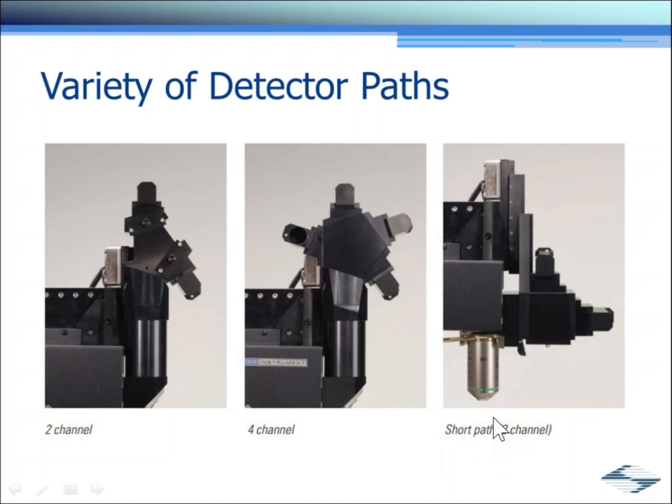And there's one other option that's not shown here, and that's a wide path actually, which would be this version with larger optics for more photon collection efficiency. So a number of options here, depending on whether or not you need a lot of space access under your microscope, or if you're looking at very, very dim things and just trying to squeeze out every bit of signal that you can.